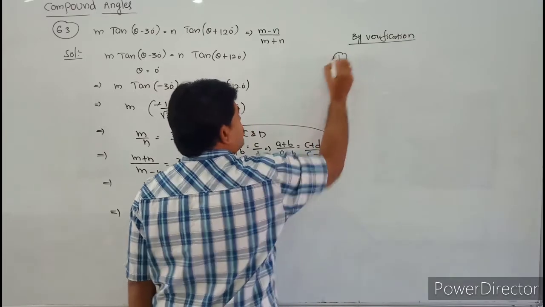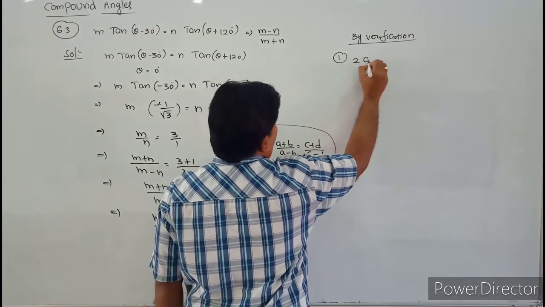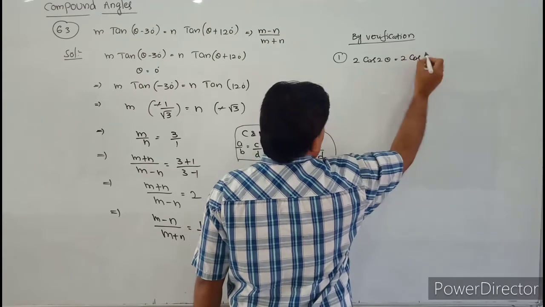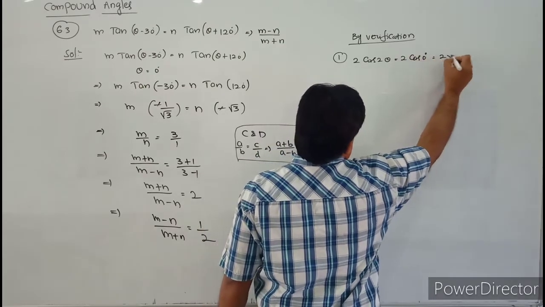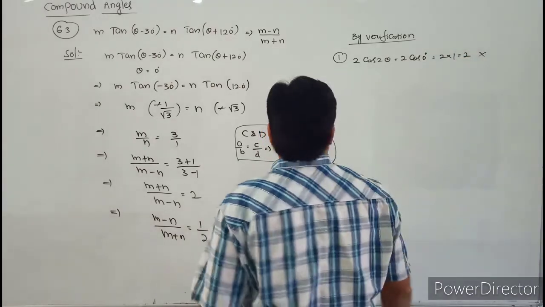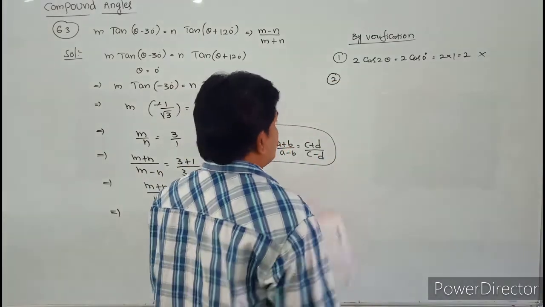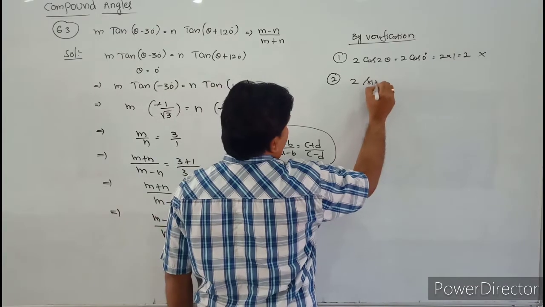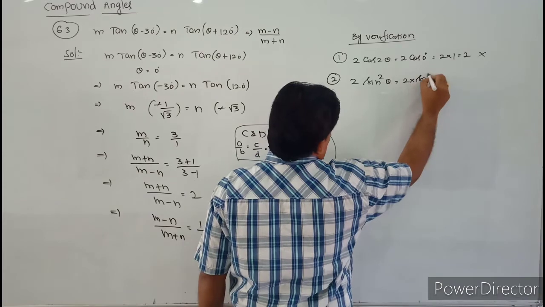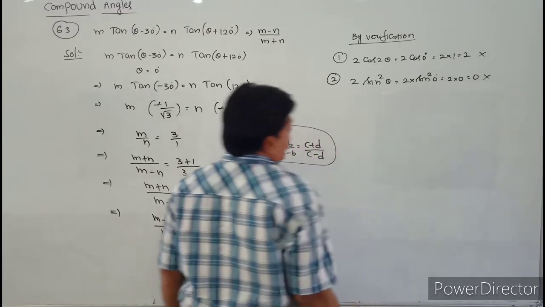See the first option. What is the first option, students? The first option is 2 cos 2θ. That is 2 into cos 0, and cos 0 is 1, so this is 2. But the answer is 1 by 2. Next, see the second one. What is the second option, students? That is 2 sin² θ, which is 2 into sin² 0°, that is 2 into 0, so that is equal to 0. It is not the option.